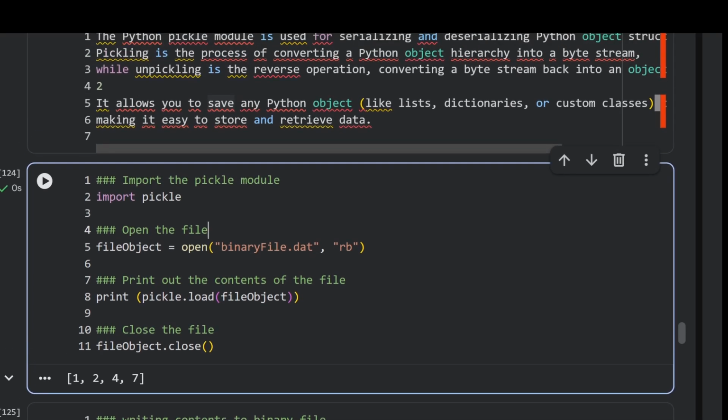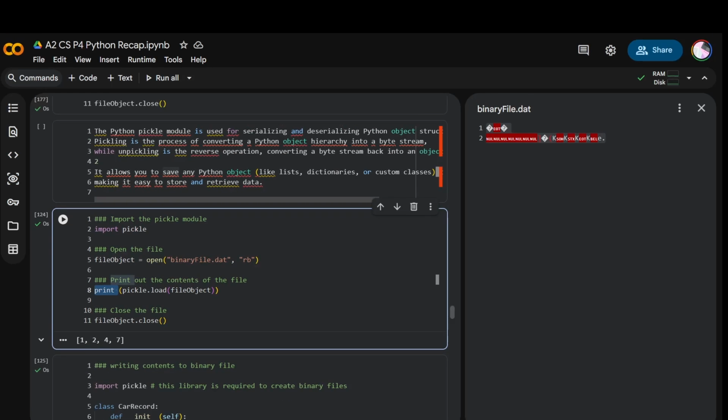Now if I want to reverse it, I'll open the file in RB mode. This is read binary mode. Then I'll print out the contents by loading the data in the file handler using the pickle.load function, and then I just print the value. So if I do it,